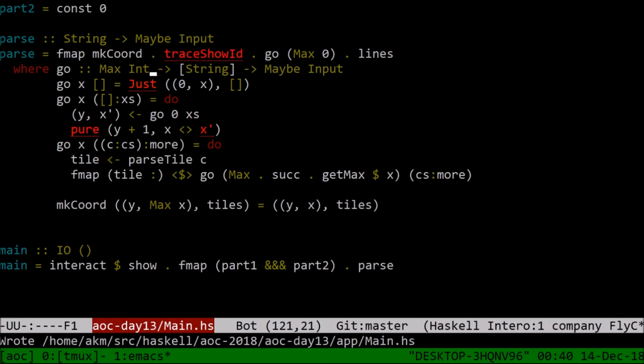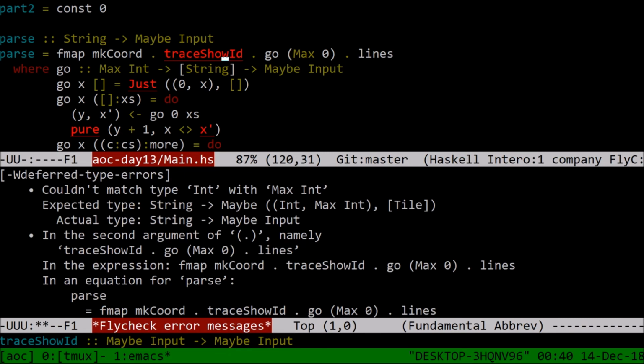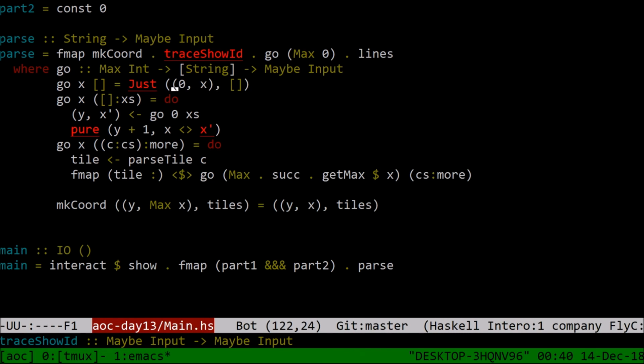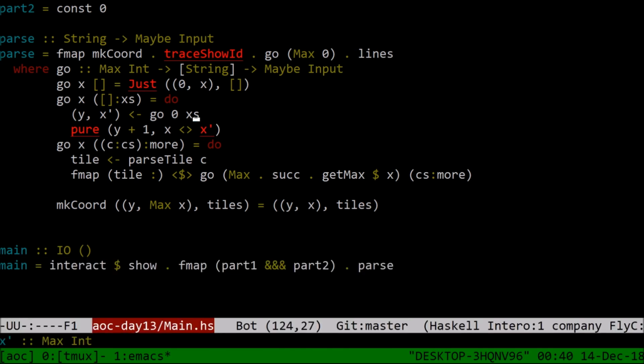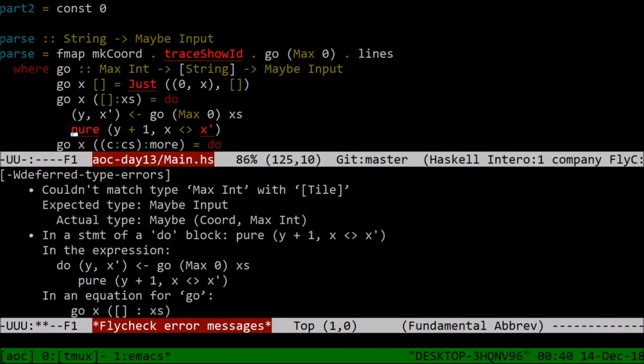We changed that. Whoa. Go 0 is incorrect. This should be max 0. But pure